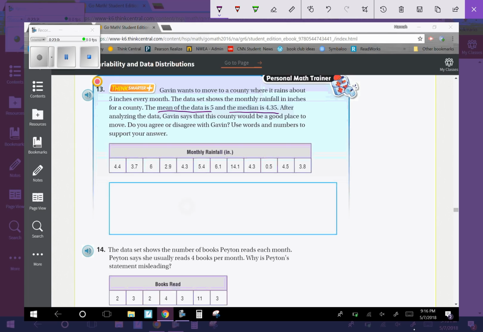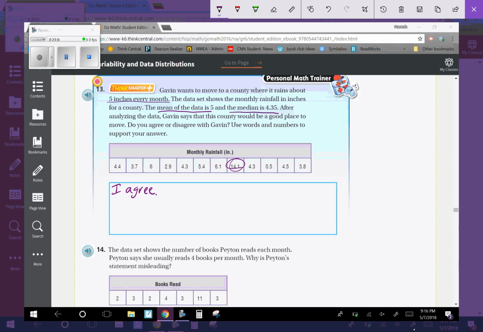Okay, so I agree. The average rainfall is 5 inches per month, but the median rainfall is 4 and 35 hundredths. So for 50% of the months, the rainfall is less than or equal to 4 and 35 hundredths. The month it rained 14 inches helped the mean to be greater than the median, okay? So he wants to move where it rains about 5 inches every month, but when we come up with that mean,